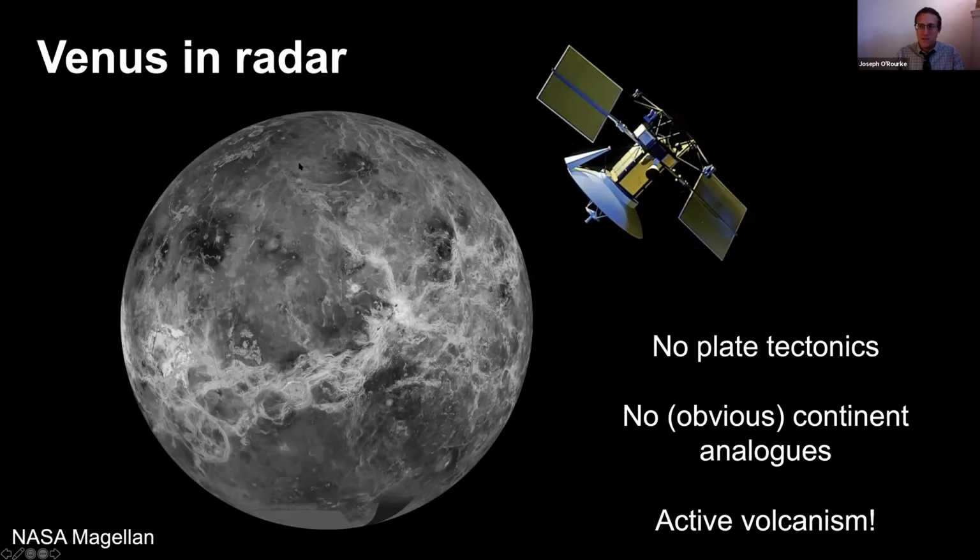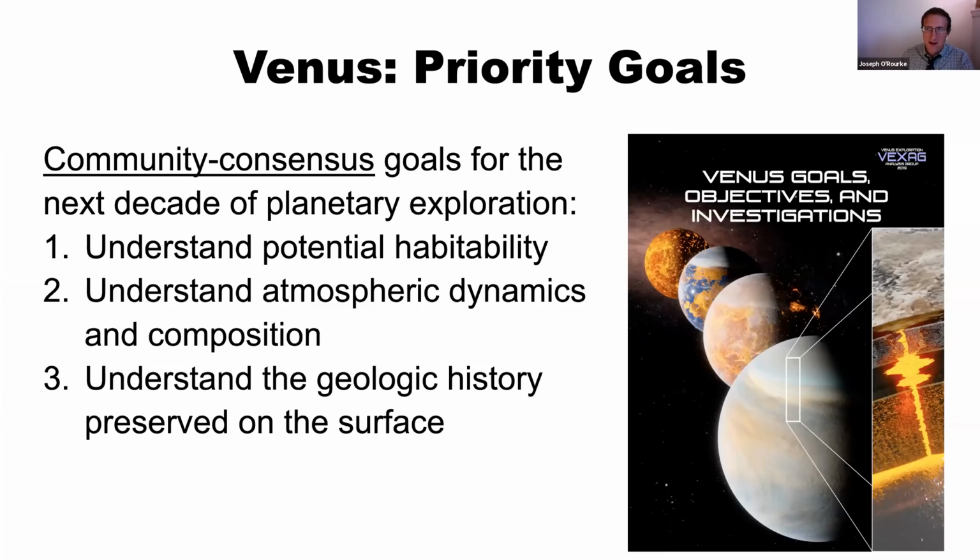So Earth has oceans with spreading centers and continents. Venus maybe has some continent analogs, but it definitely doesn't have a system of plate tectonics like Earth. And Venus is known to have active volcanism. There are volcanic gases that would be short-lived in the atmosphere, implying that they were recently belched out by a volcano. And also there are some signs that there are fresh lava flows on the surface. So Venus has active volcanism, but the volcanism and the tectonics aren't organized into what we would recognize as a plate tectonic regime. So Venus is an enigma, I would say.